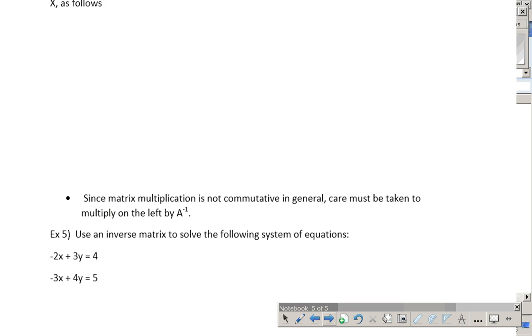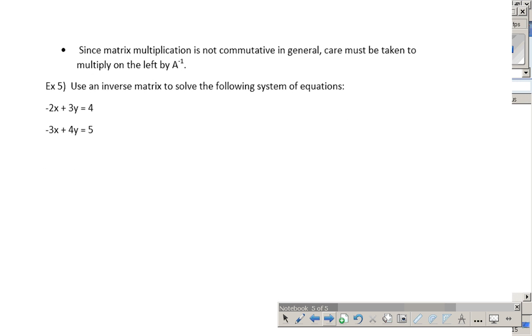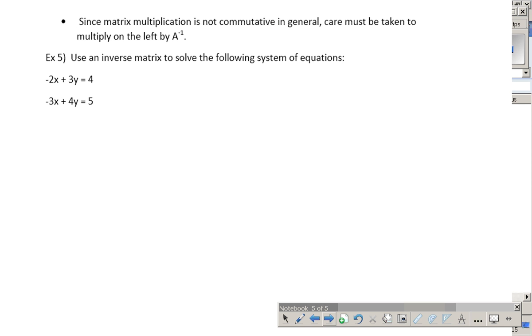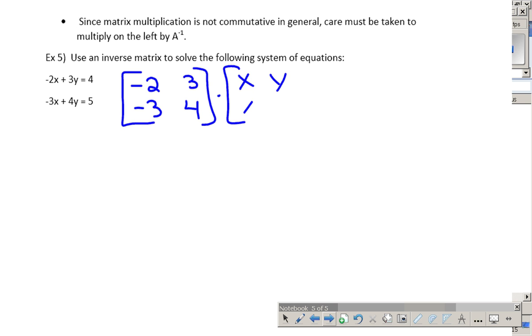Since matrix multiplication is not commutative in general, you have to be careful when you multiply on the left by A inverse. Okay. So what we're going to do is we're actually going to set up my matrix here based on this system. So it's negative 2, 3, negative 3, 4, right? And then my variables, x, y. And that should equal